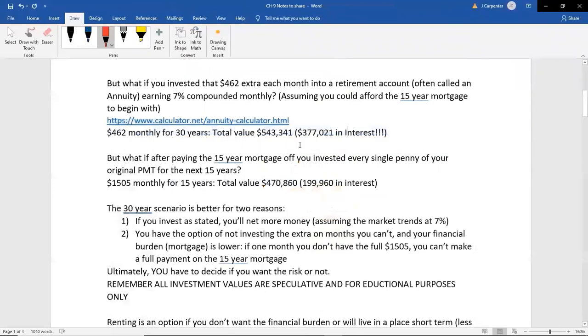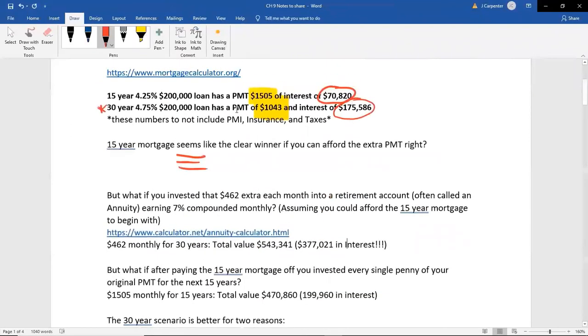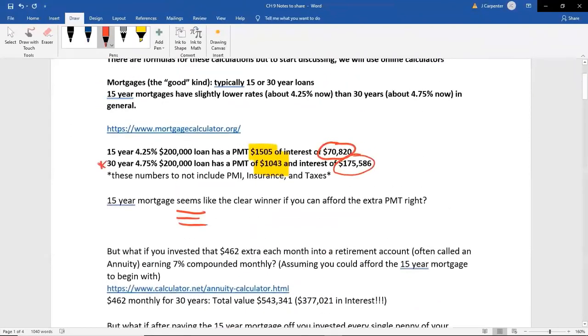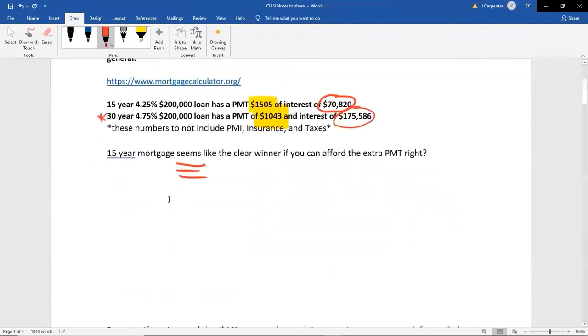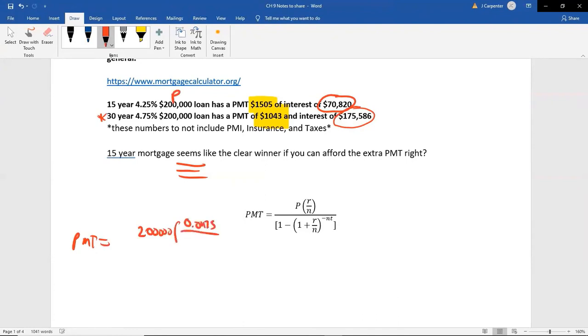All right, so this is the loan payment formula. Let's see if we can get these numbers by using that. I'm only going to do one of them actually, and we're going to do the 30-year one since that's what I'm suggesting. So this is our payment formula. So with the scenario above, our payment should be equal to, now in this case, principal, that's the amount that you borrow. So that's the $200,000. So it's 200,000 times the interest rate, which is the 4.75, so 0.0475 over 12,